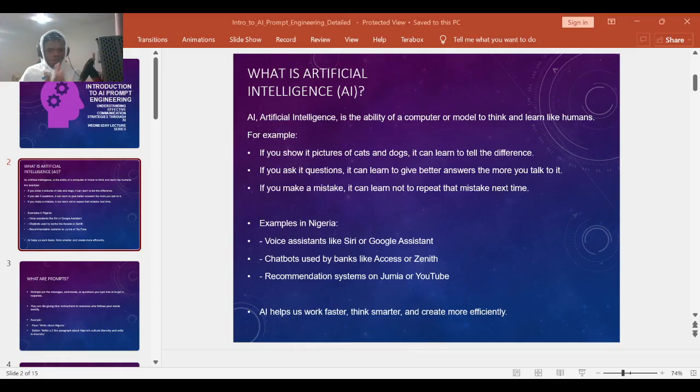But with you saying explain the impact of climate change on coastal cities in the last decade, you are very direct. Number three, add context. Providing background or your purpose helps the AI understand the goal better. For example, explain blockchain technology to a beginner interested in finance. Very, very contextual. Number four, refine your request. If the response is